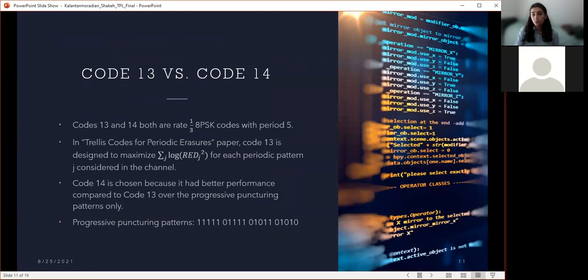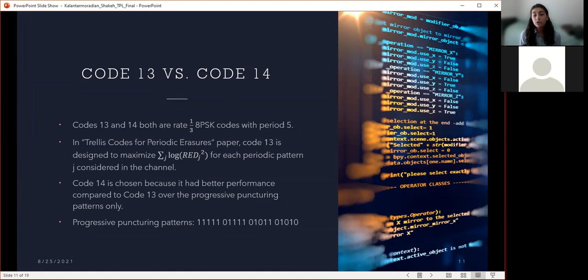In our research, we used two codes called codes 13 and 14. Codes 13 and 14 are both rate 1/3 8PSK codes with period 5. In the "Trellis Codes for Periodic Erasures" paper, which is the paper we used to start our research and which our research is based off of, code 13 was designed to maximize the sum of log of residual Euclidean distances for each periodic pattern